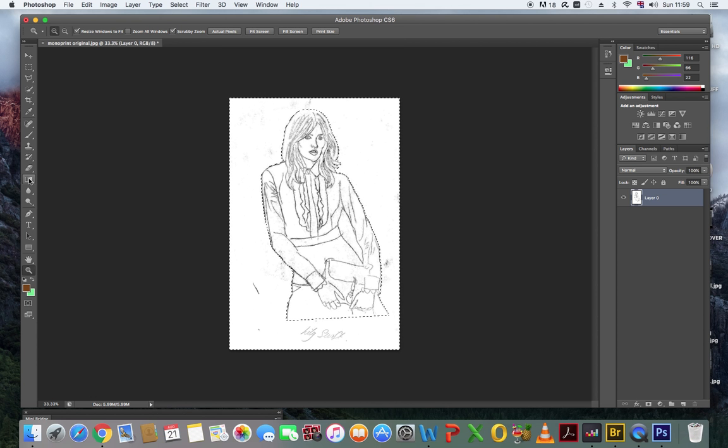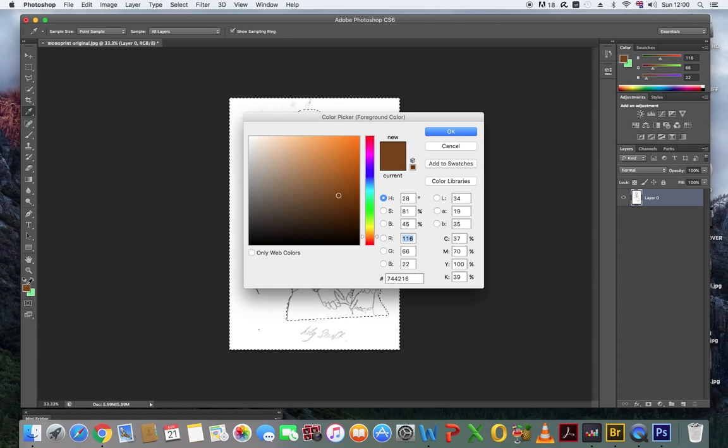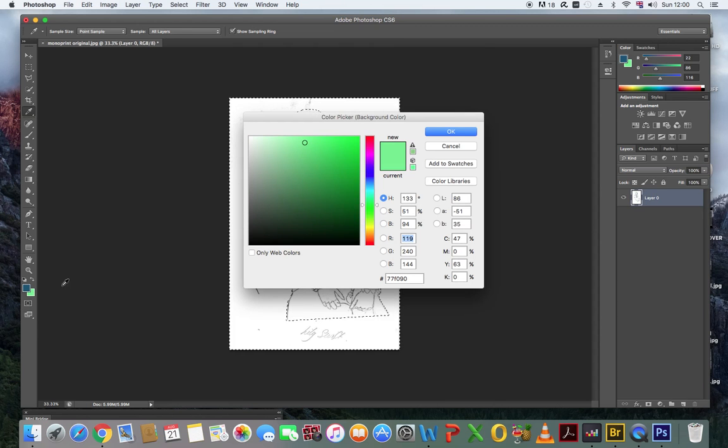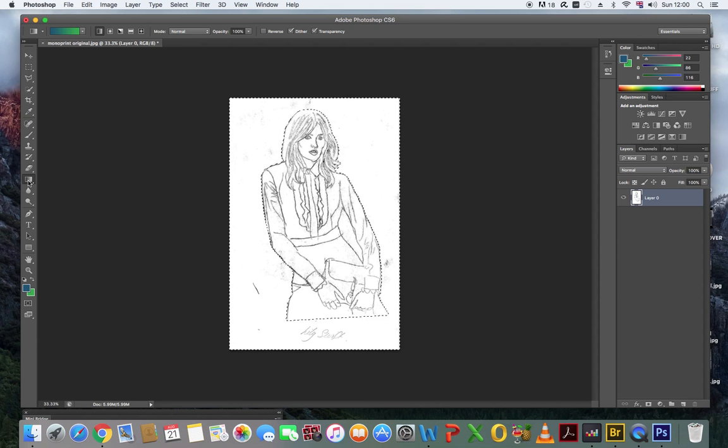Okay, so we're going to use this tool here, the gradient tool, to colour that area. But first of all, what we want to do is select the colours that we want to work with. So these two squares here are the foreground and background colours. So I'm going to first of all select maybe a blue for the foreground, so that will be at the top, and then I'm going to select a kind of green colour for the bottom. Okay, and now make sure we're clicked on the gradient tool, and then we're going to click at the top middle of our file and click and hold the mouse key down, drag to the bottom,